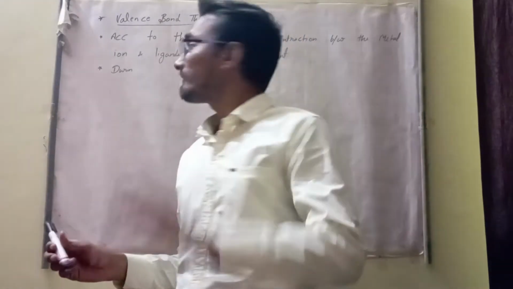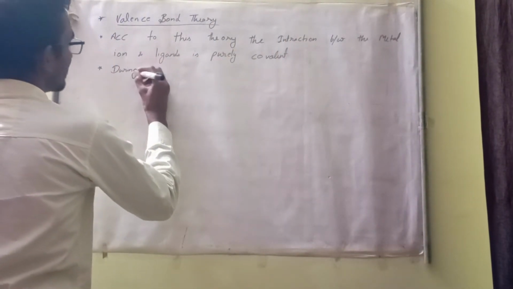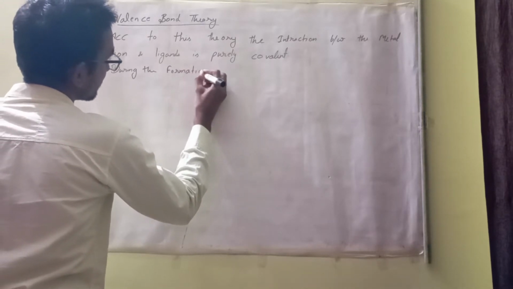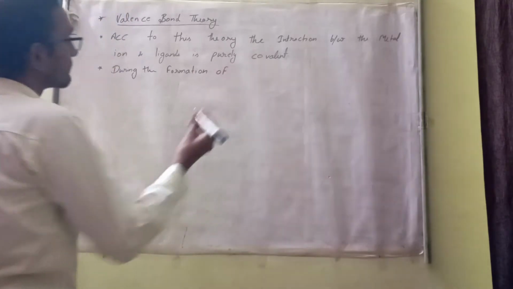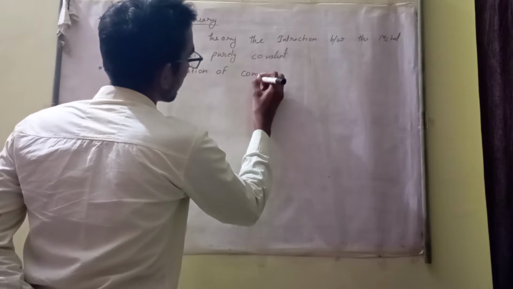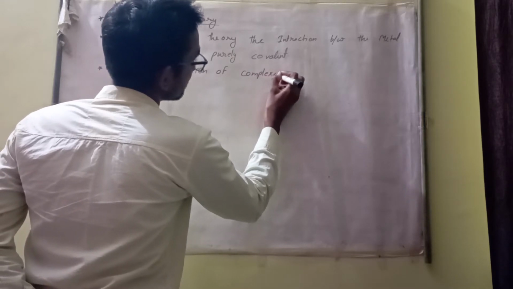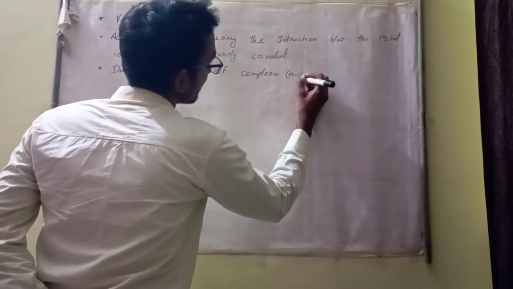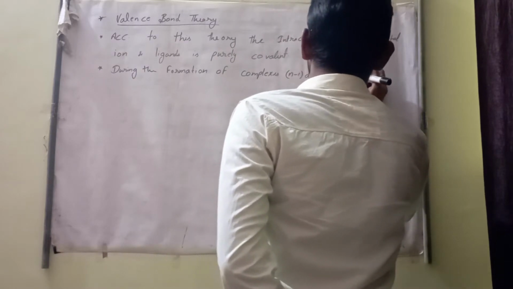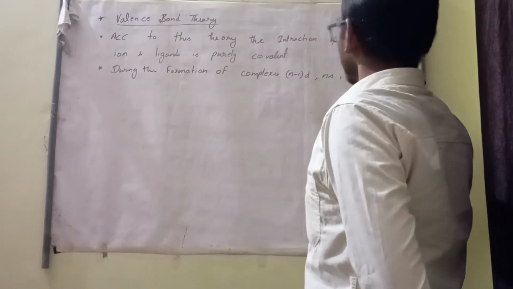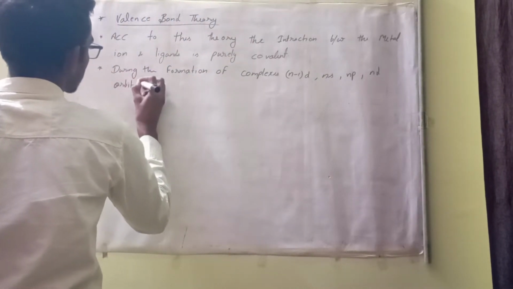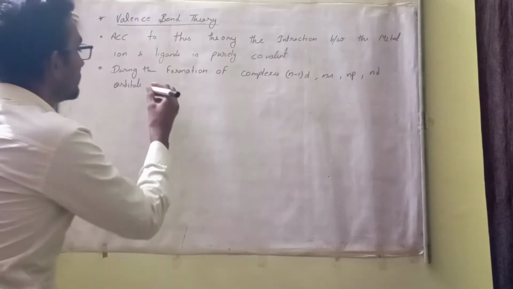Okay. During the formation of complexes, the (n-1)d, ns, np and nd orbitals are hybridized to form